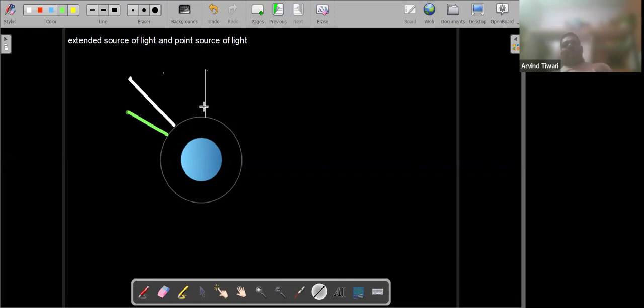Okay, see here. As you can see, I have taken three sources of light: a point source of light and two extended sources of light. So when the light comes through the Earth's atmosphere, now see what happens. All the light rays suffer refraction and reach our eyes. Here also, this light suffers refraction and comes